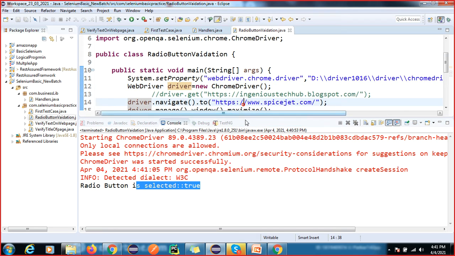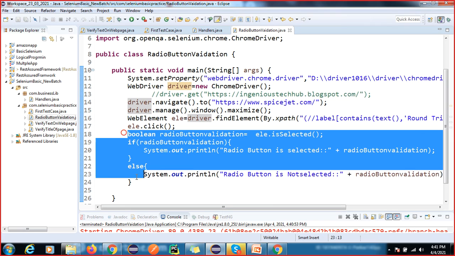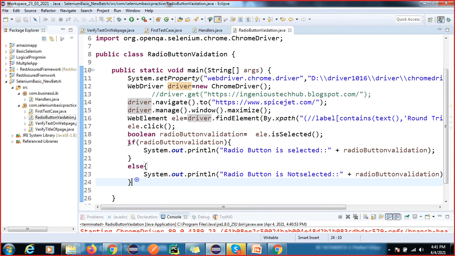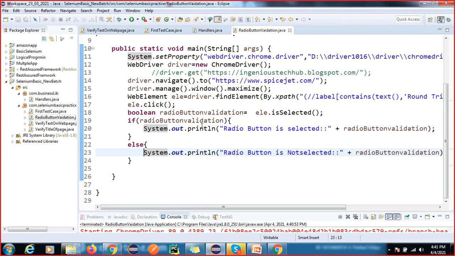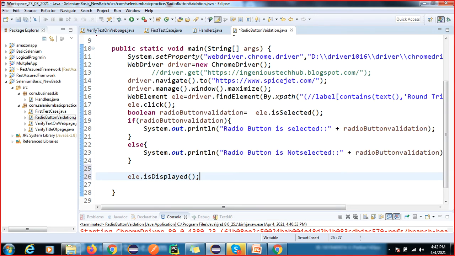Then the same thing I will do. I will not write these steps again; I will make a reusable method. So this is one method called isSelected. We have another method, ele dot isDisplayed. It also returns the boolean type: whether the element is displayed or not.